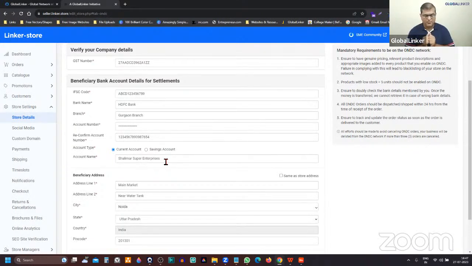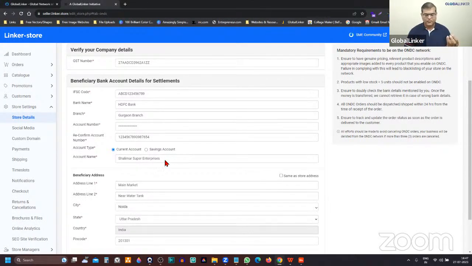And it is extremely important that you should add these details properly, just double check them. And we have already experienced that people have added wrong details. They have added wrong IFSC code and then the payment failed, all that. So it just basically delayed their settlement by a few days. So just to avoid all that hassle, please ensure that you're adding the bank details correctly.